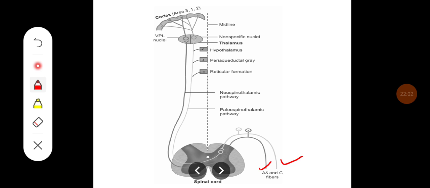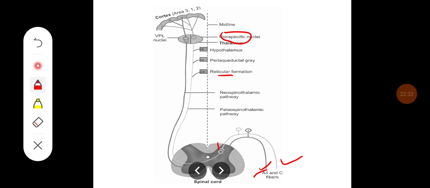the paleospinothalamic tract, from here the second order neurons are going to arise, and they are going to give collaterals to the reticular formation, periaqueductal gray, hypothalamus, and in the thalamus they relay in the non-specific areas. Okay, and again from the thalamus they diffusely go to the different areas of the cortex, whereas the neospinothalamic tract,